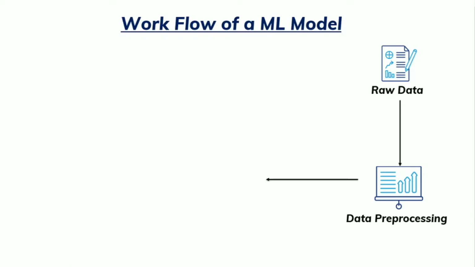After data preprocessing, we have to split our data into two parts. This is called train test split. This is very important because this is the base of our machine learning model. We will provide some training data to it and we will test the machine learning model on test data. So we will split our data into two parts, like 80% into training data and 20% into test data. So now let's move forward.